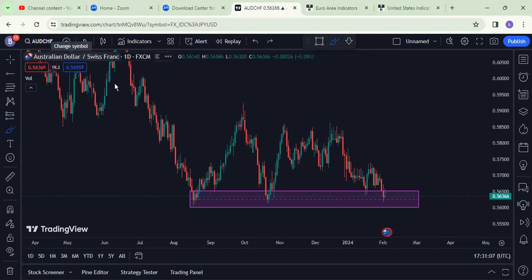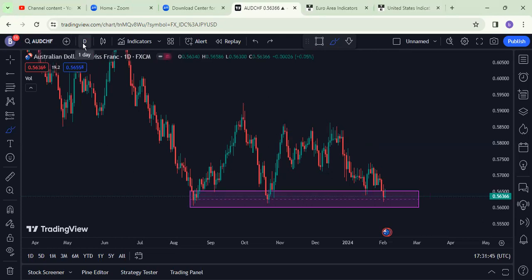Why? It is because the Australian dollar, or the Central Bank of Australia, is one of the last central banks to cut rates this year, or is seen as one of the last central banks to cut. And then we know that the Swiss National Bank, which is the central bank for the Swiss franc, is intentionally devaluing their currency, which is using monetary policy, right? So now what we had then, or the trade that we took on the